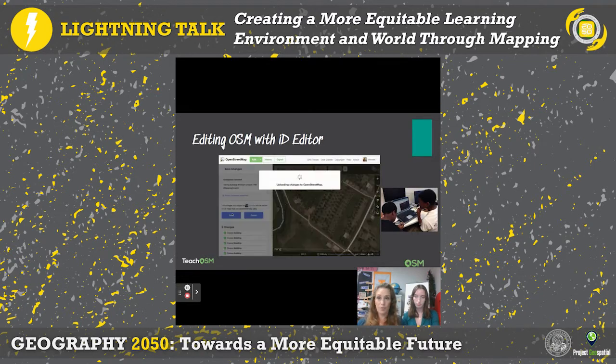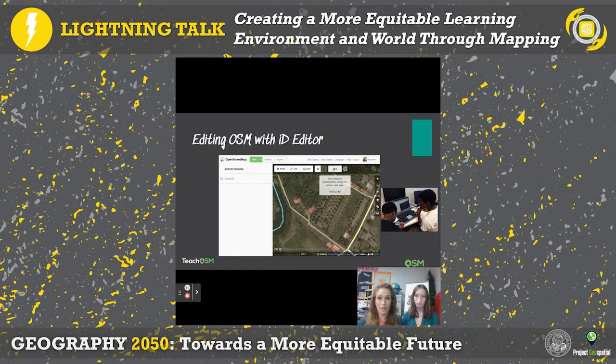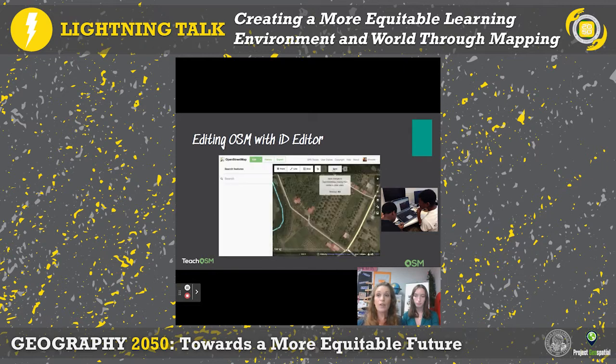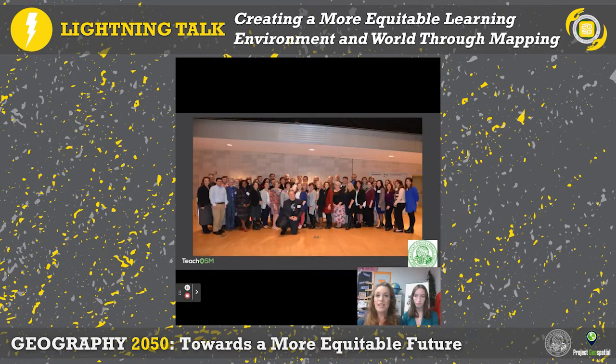give us a lot of information about a place and the people living there. In the past 20 years, there has been a surge of participatory mapping initiatives around the world, and one of them is OpenStreetMap. Several years ago, I was attending the AGS conference as a teacher fellow where I learned about